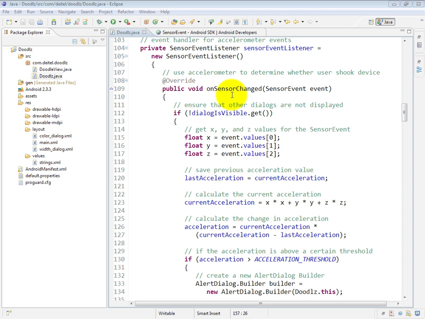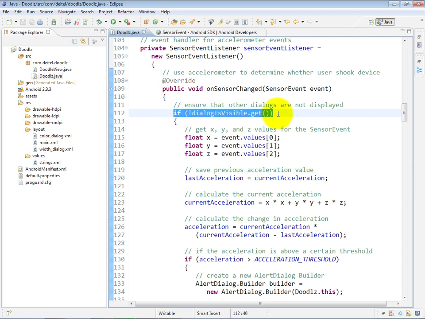So in the method onSensorChanged, the first thing we do is use our atomic Boolean variable to determine whether or not there's already a dialog visible on the screen. And again, the reason this is important is while some dialog is already on the screen, the user could accidentally move the device enough to make this app think it's a shake, and we don't want to then display another dialog on the screen, which is the dialog representing whether or not the user should clear the image that's currently drawn on the app. So first we check to make sure there are no dialogs displayed,